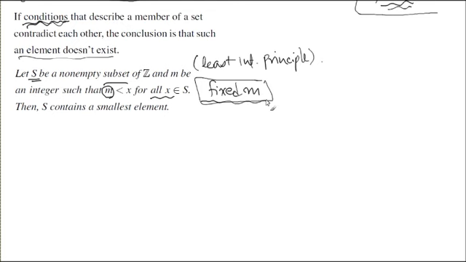This is a phrase that is bounded below. Do you remember that part? Bounded below? That's what that is. All the elements are bounded by some element to the left-hand side. And then it says S contains a smallest element. All right? And if you think about it, and how sparse these integers are on the real line, it's kind of an obvious statement. That's why we take it as a principle.